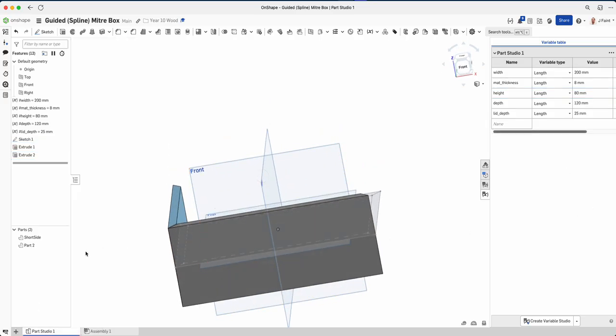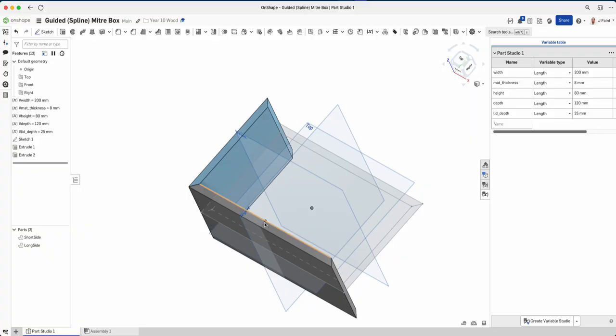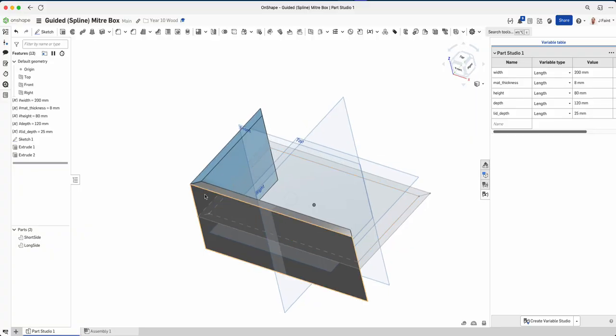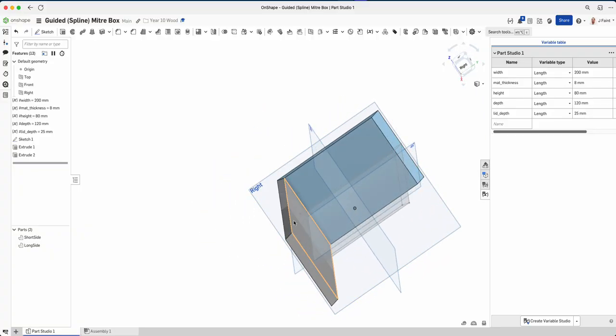So now I have my two sides at the moment, my long side and my short side. From there, what I need to do for both of them is set in the grooves that are going to be there for our top and our bottom. So what I'm going to do here is, actually, we might add in our